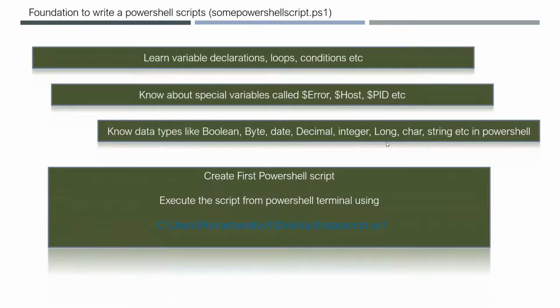So generally, how do you create or execute a PowerShell script? You can go to your PowerShell command prompt and simply give the script name basically. The PowerShell script extension is .ps1, okay, you can see in the bottom. .ps1 is the PowerShell script extension. Python is .py, right? Like that. Okay.